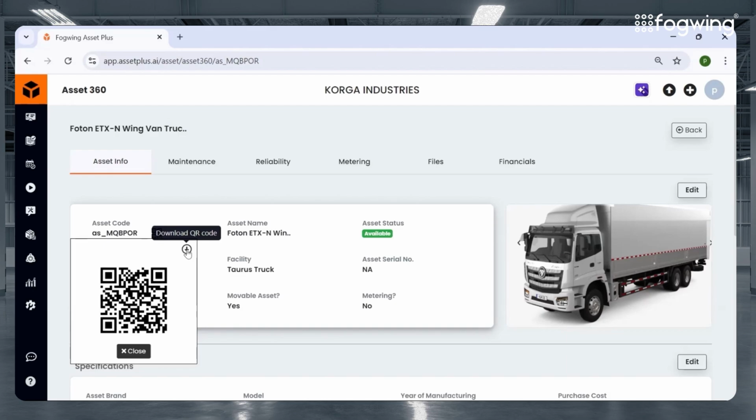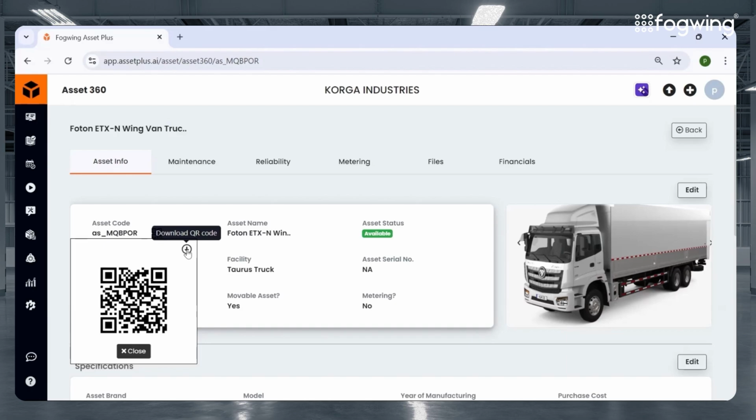So the maintenance manager would know about this faulty machine, and then they can raise a subsequent fault work order and could start the work on the faulty machine itself then and there. So that's the main reason we have added this QR code feature in our Fogwing